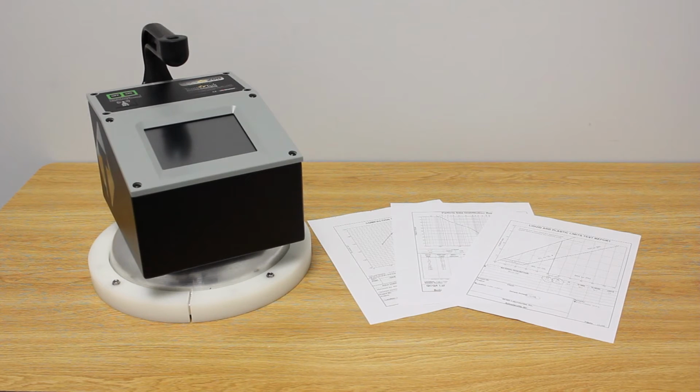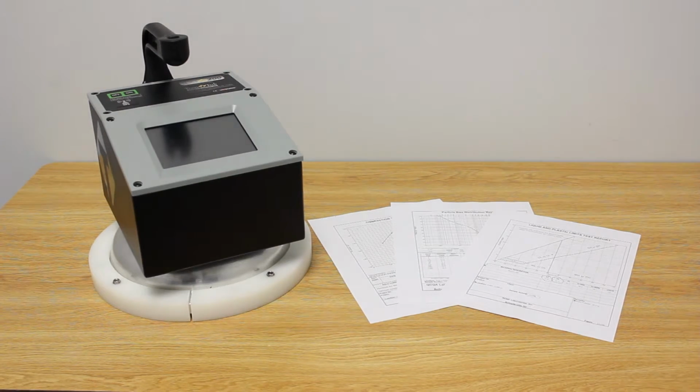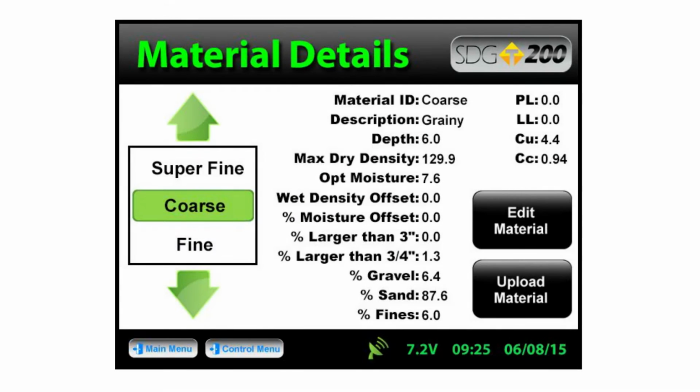In this video tutorial, we're going to talk about the data needed from the Proctor, particle size distribution, and plastic limit tests to set up the SDG 200 non-nuclear soil density gauge. So let's get started. The data needed from these three tests are the material ID or the sample number, the